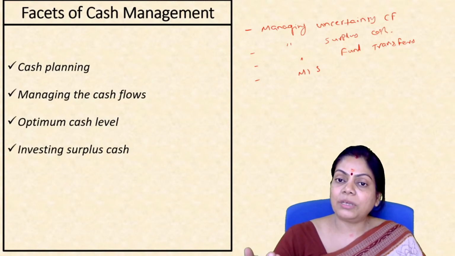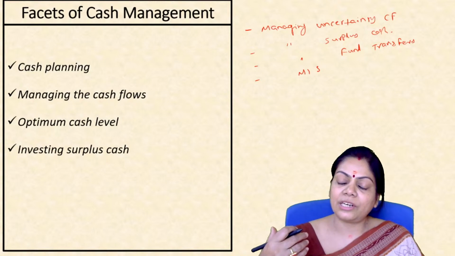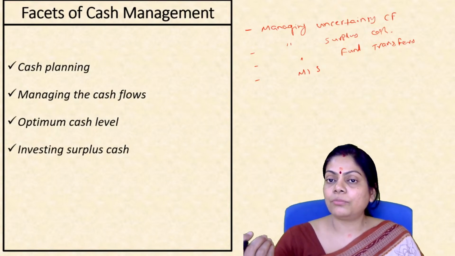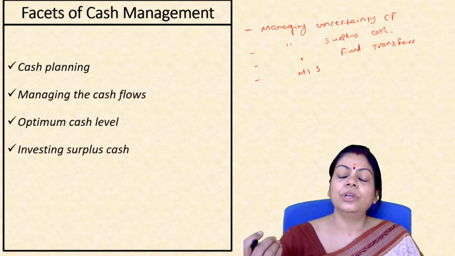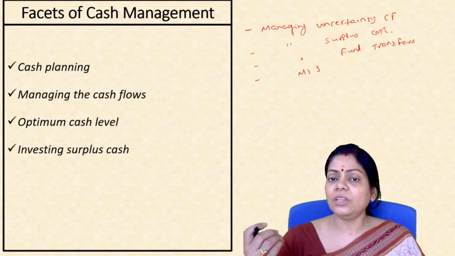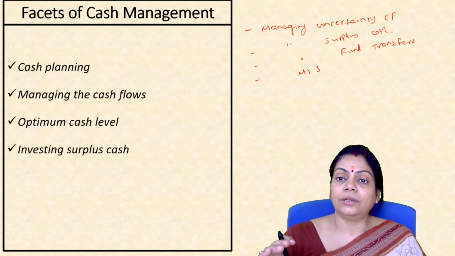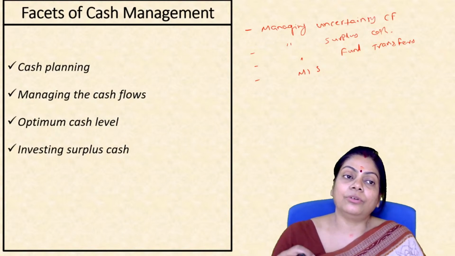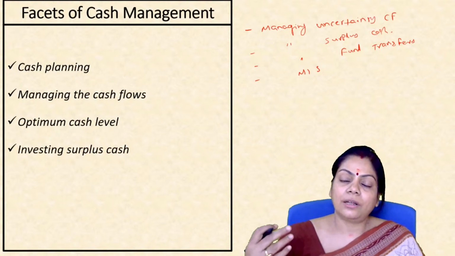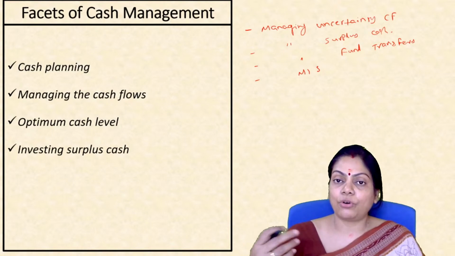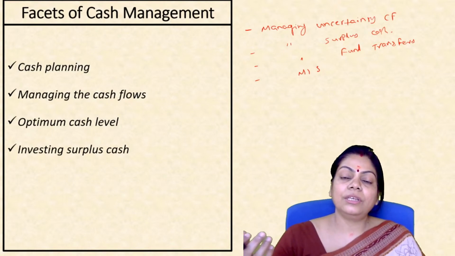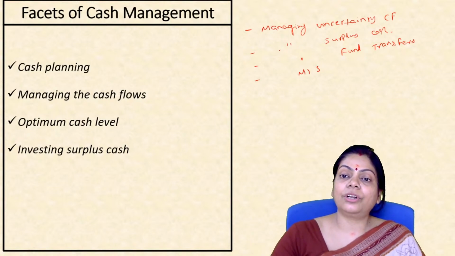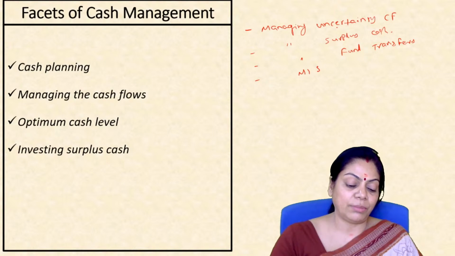Now if your borrowing base is maintained and you have a regular transaction with a bank, then you can arrange short-term finances, short-term loans, on very short notice. So suppose the additional cash that you're holding in hand is not sufficient to deal with the uncertainty that you think, then you can arrange a short-term loan on very short notice. That is how you can manage the uncertainty in the cash flow through these methods.